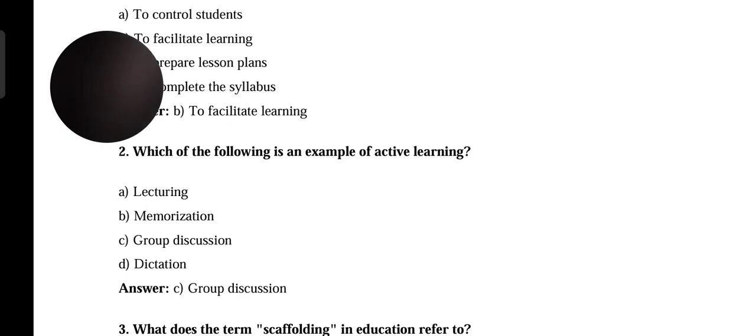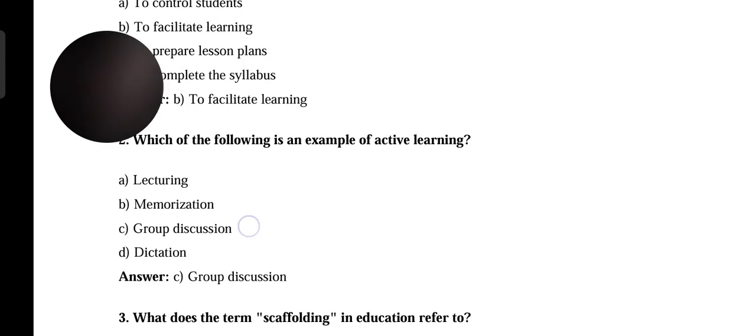When students discuss within their groups, they can find a solution and they can understand properly from their own colleagues, and they can make some new ideas, creative things. They can develop their critical thinking. So it is the best example of active learning. They have no pressure. Without pressure, through their group discussion, they can learn or they can impart knowledge. Okay, that is the best example of active learning.